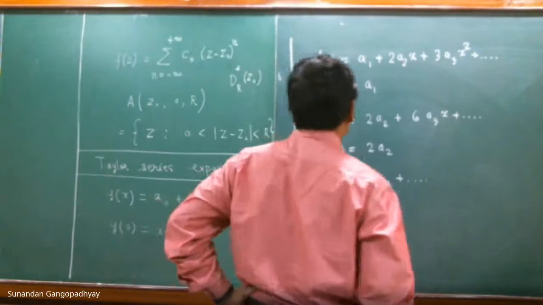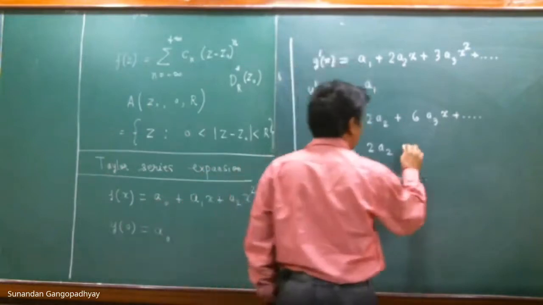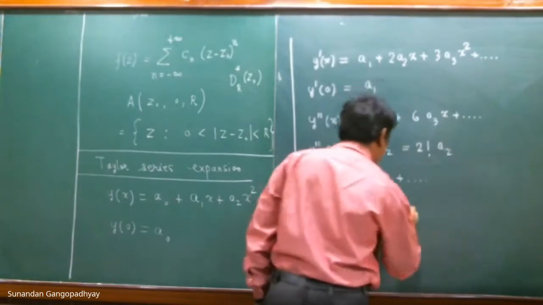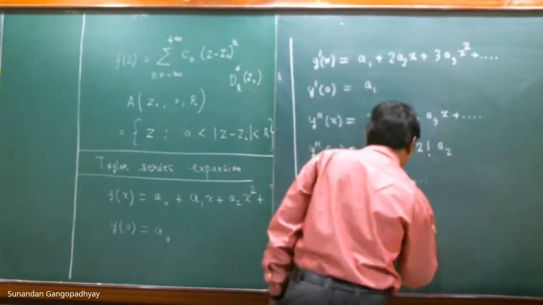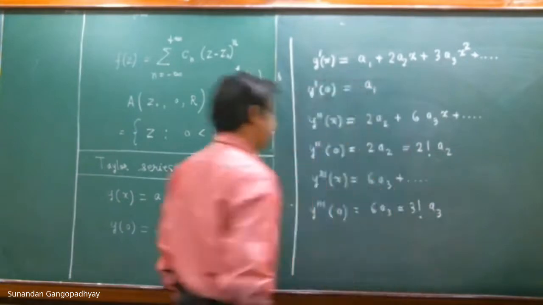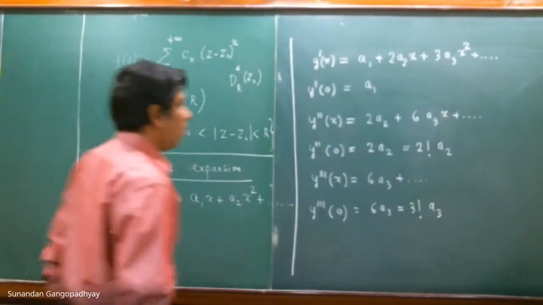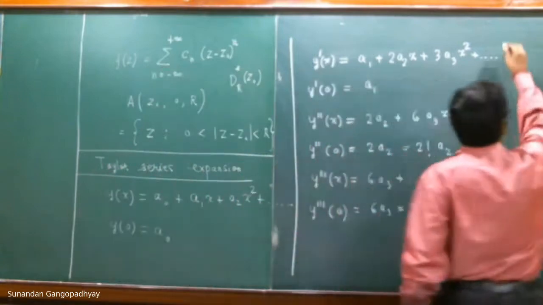And you can see from here that y double prime, you can write this as 2 factorial a2, and this is 3 factorial a3. Okay. So now what we shall do is,